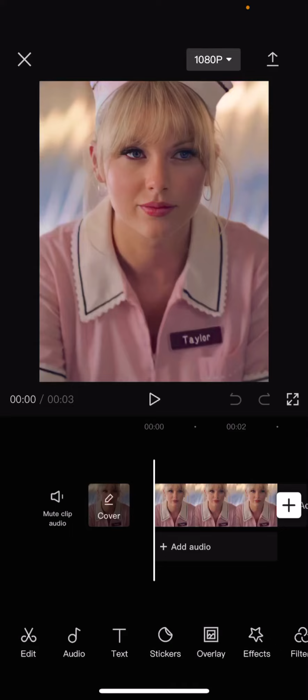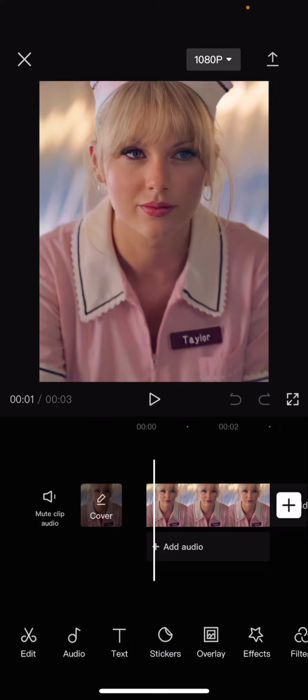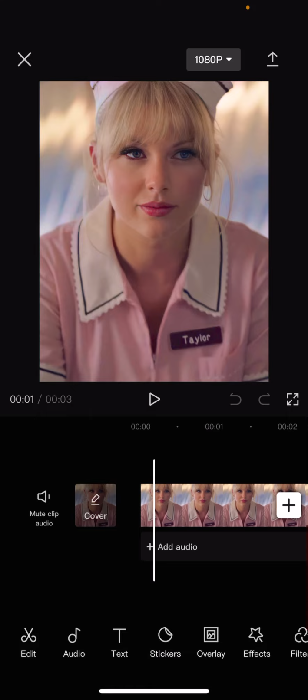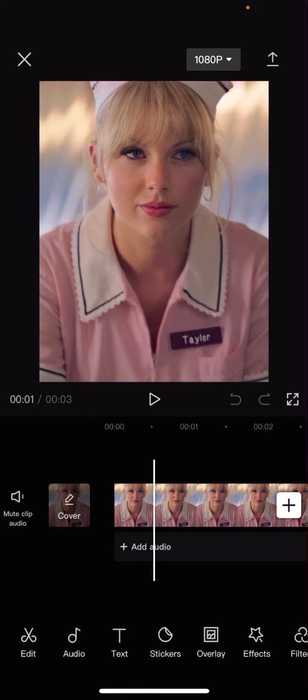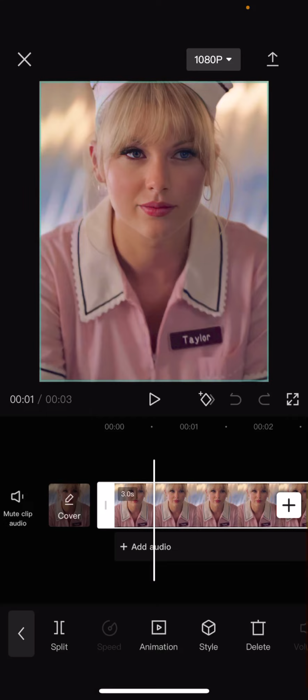In this video I'll be showing you guys how you can create the expression video trend on CapCut. So select the song that you want, and then I'm just going to sort of zoom in the clip a little bit by pinching my fingers, and then I'm going to